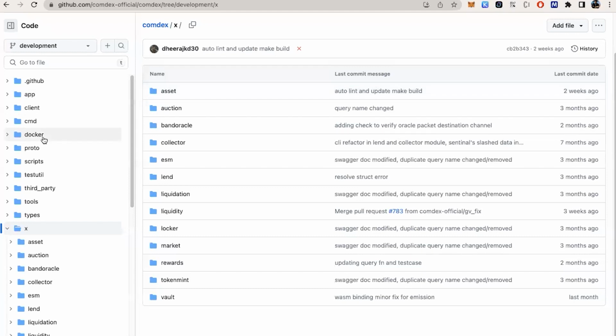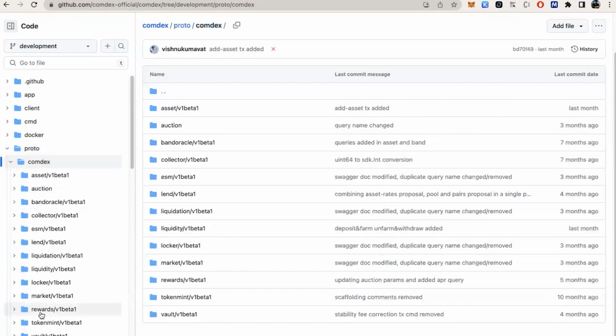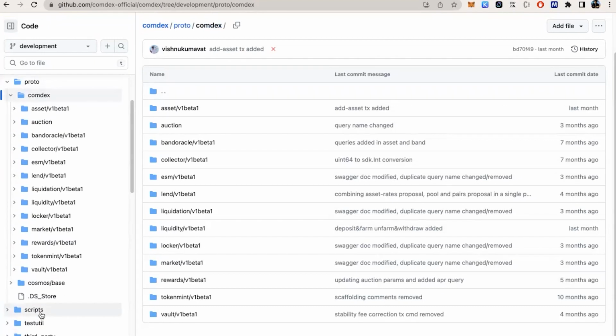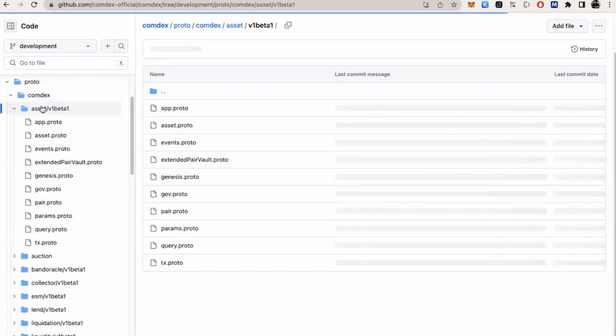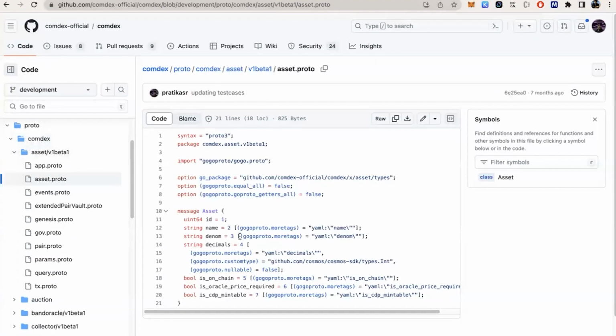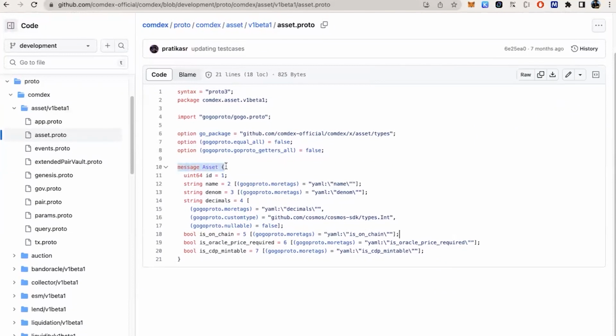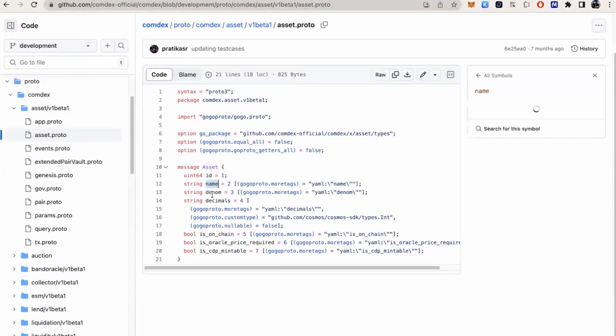For that, we need to go into the proto directory. In proto, when we go into comdex, we need to define this structure for the different modules. For asset, it's defined in the asset directory. When we go into asset.proto, we can see a list of things. So here is an asset. We write it in protobuf, and it's pretty simple. You can see we define an ID for an asset in the form of uint64, the name, the denom,